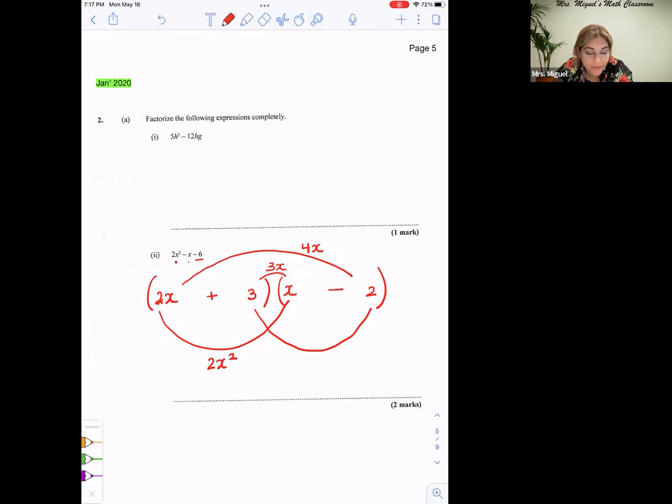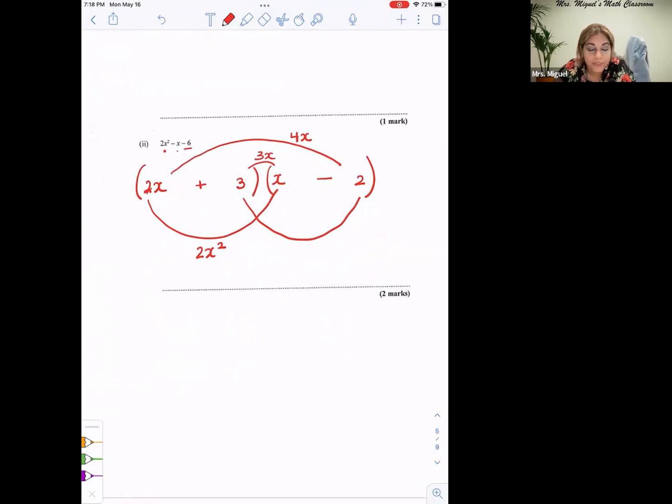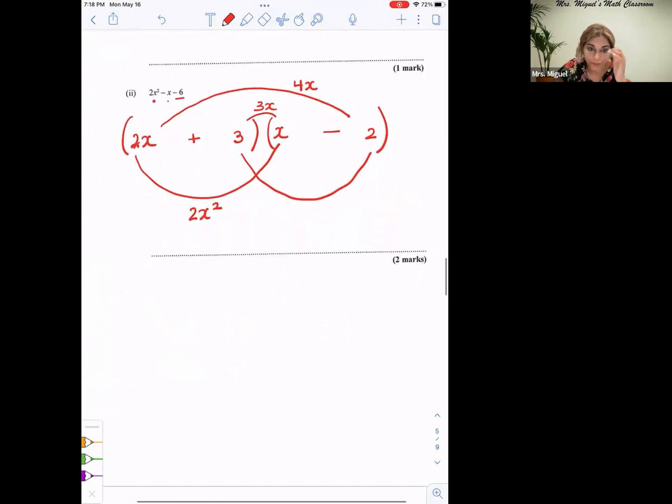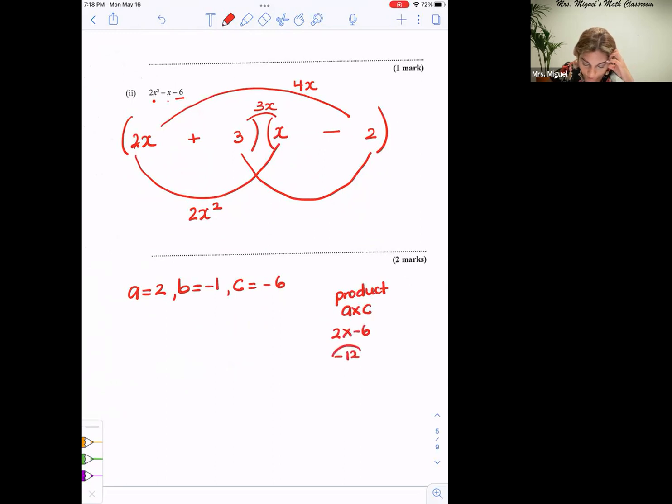They didn't say to solve, so we can't use the quadratic formula. Another way that we can do it is using the product and sum method, which is very long and time consuming, right? So let me show you how the product and sum method goes. A is equal to 2. B is equal to -1. C is equal to -6. The product is A by C. This is 2 by -6, which is -12. And the sum